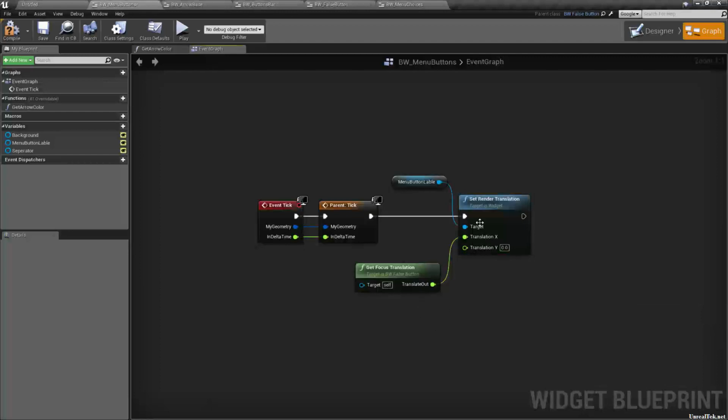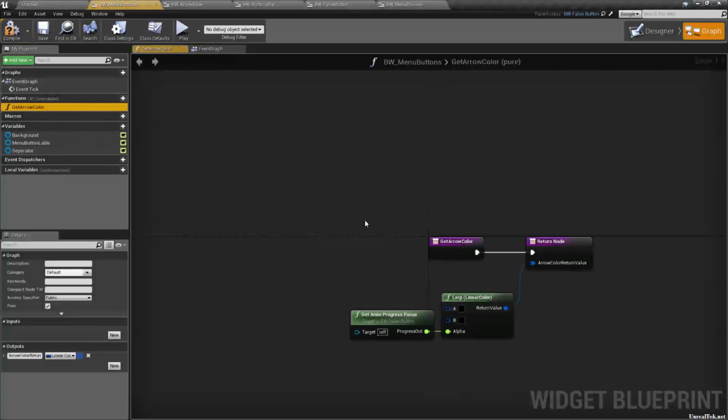So I just split that, and the X just gets that. The Y doesn't move at all. That way we can move things left and right, but not up and down. Just a little animation deal. Get arrow color